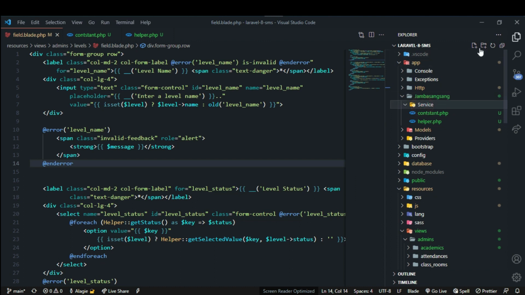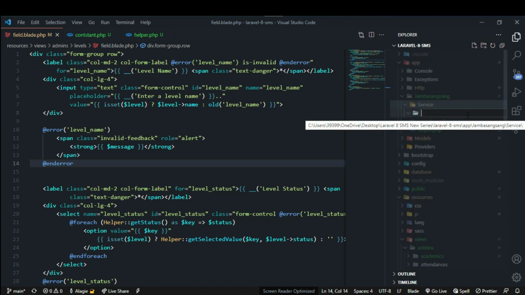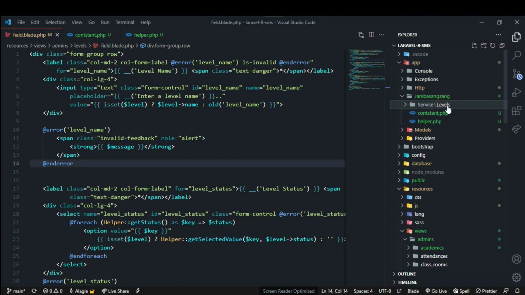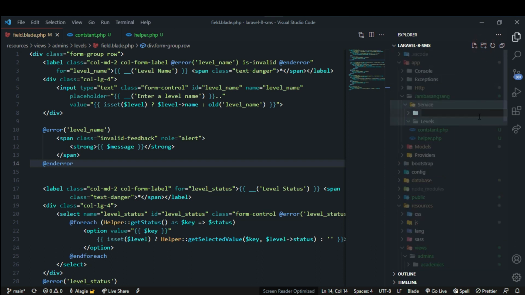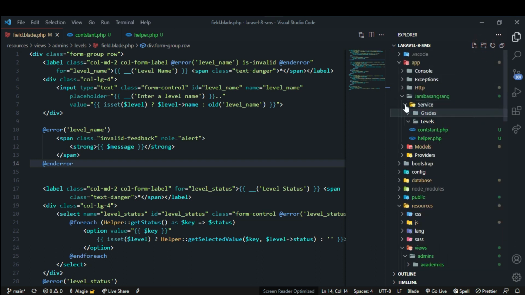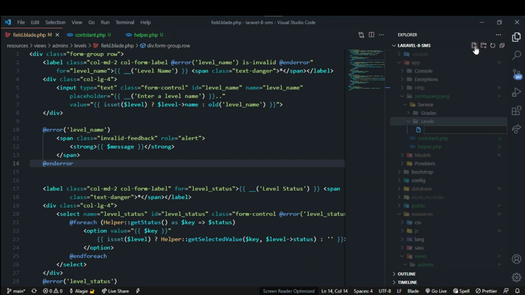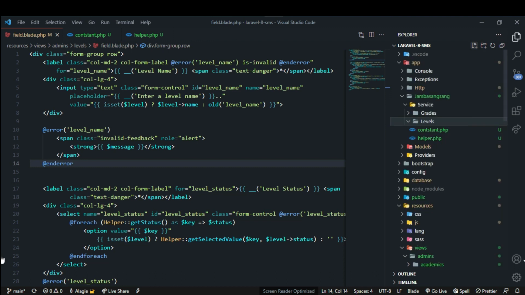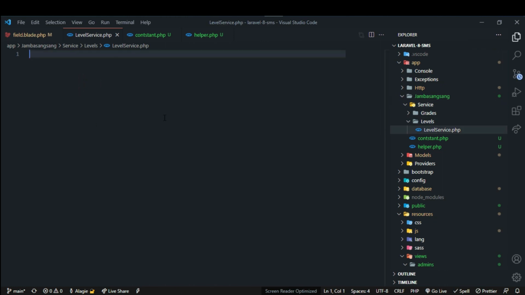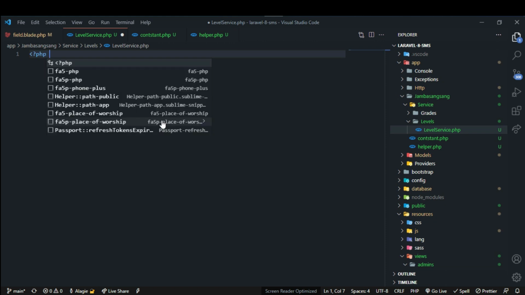Okay, let's create a service, a folder called levels, and inside this level, let's create another folder called also grades. Okay, but now inside this level, let's create a file called level service dot php, and now we pass this one here, and now let's call the php here, and after